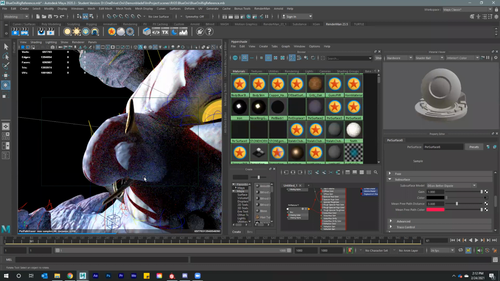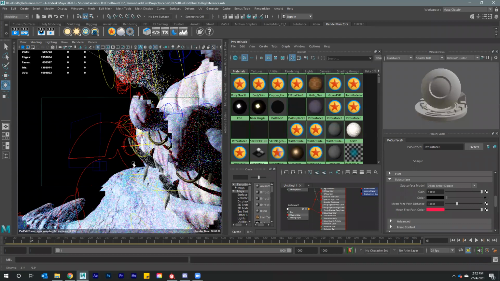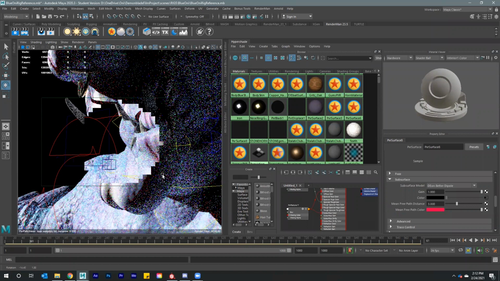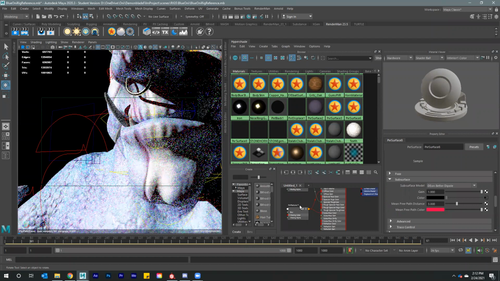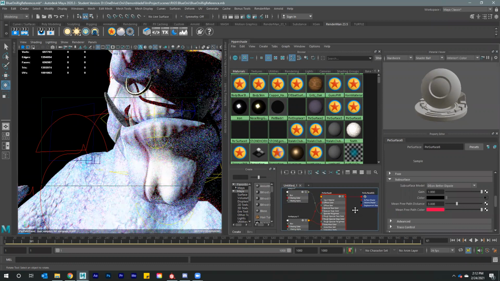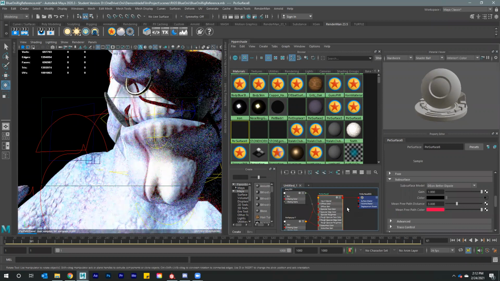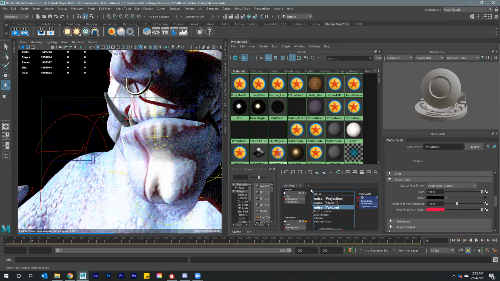Okay. So something else we can do is, close up, I'm not getting an awful lot of detail on the skin. So I might honestly go in and add in a layered overall bump of some sort. So I'm going to go ahead and grab